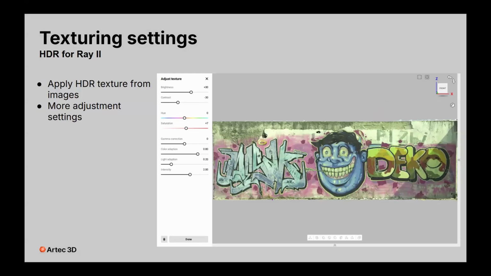Next up, we have the HDR for Ray II. It can also be enabled in the texturing settings. Artec Ray II collects the HDR images, and it's possible to create an HDR texture out of it. It will give us more adjustment settings. As you can see right here, we have color adaptation, light adaptation, and intensity for the HDR. So this gives us much more freedom to edit our texture